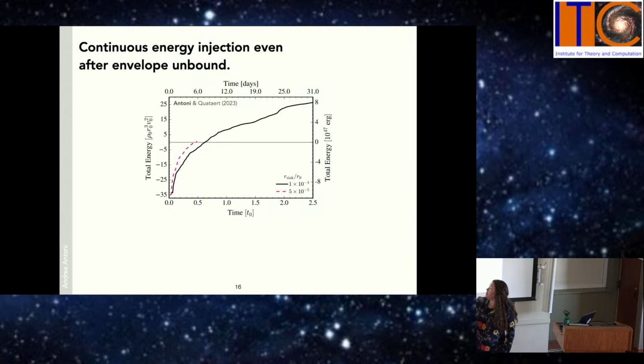Another way I could have done this plot, let's say I wasn't losing mass in my sink, is if I had done a slice and only looked at the material with positive energy and done that integral. It would basically be the same net number at the end. So just think of this as the total thermal and kinetic energy I have in the ejecta from this explosion. Okay, so what I want to do now is, we have constant velocity, so let's just